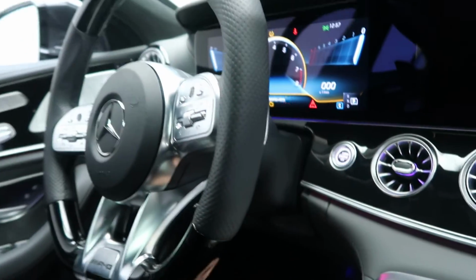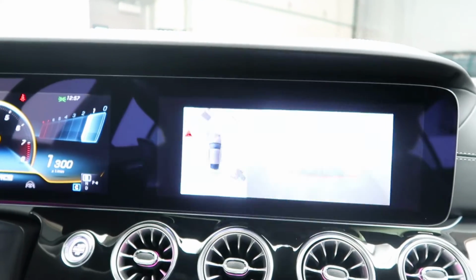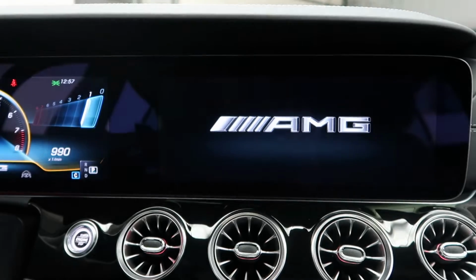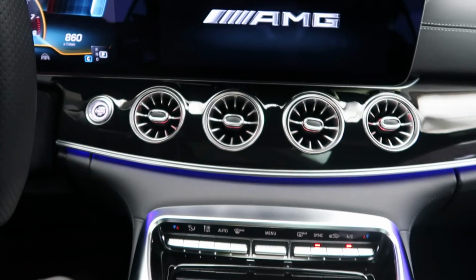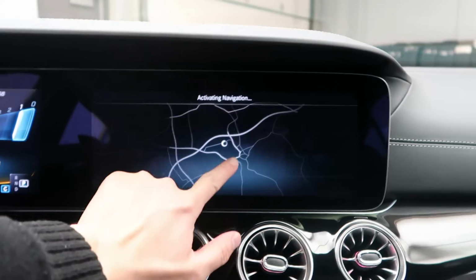a push start ignition, ambient lighting, rear view backup camera, dual climate controls. This one also does have navigation once it loads up here, touchscreen media display,